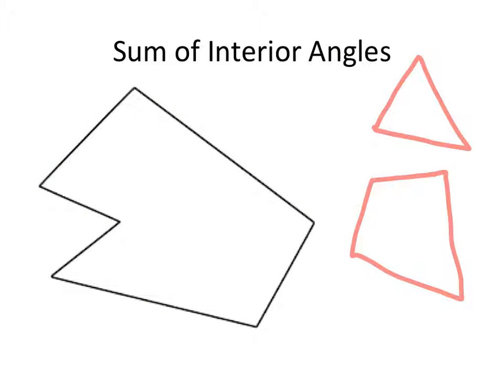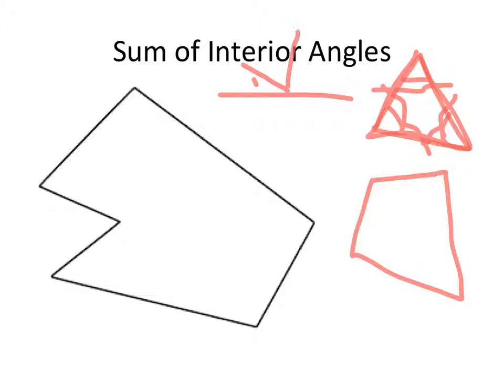Teaching students how to find the sum of all the interior angles of a polygon is kind of a fun activity. Before we do that, we want to make sure that they actually discover how many angles there are in a triangle or a quadrilateral. So we could have students take a big piece of paper and draw a triangle. And they can draw any kind of a triangle they want to. And after they draw the triangle, we have them cut it out, and we have them actually chop off the angles. And if we have them line those angles up on a straight line,